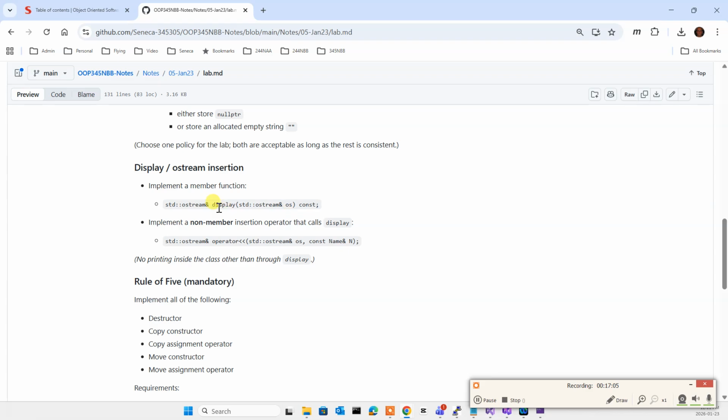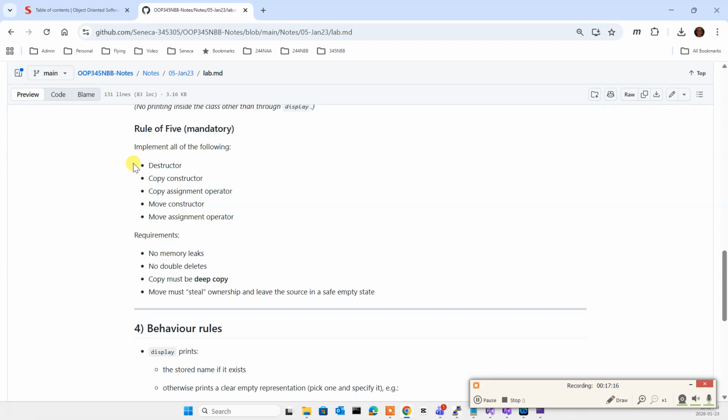Then you display it using the accessor that we talked about, the display. Then you insert it into OStream. Down to here, it's all OOP244, then OOP345 over here. Just to give you a heads up on what your level is supposed to be, you should be able to finish this in